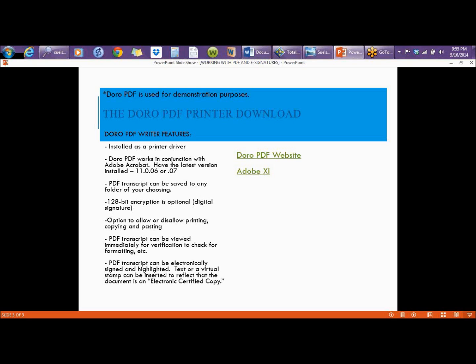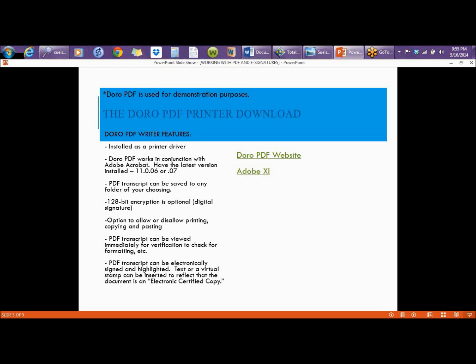Now you can do that in your software by just typing it on your title page, or after you've created a PDF, I want to show you how you can create a customized stamp to layer right on top of your